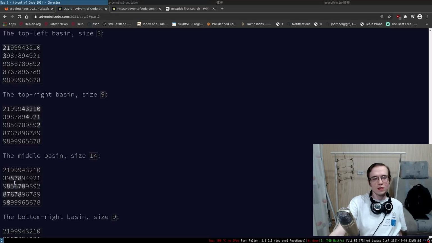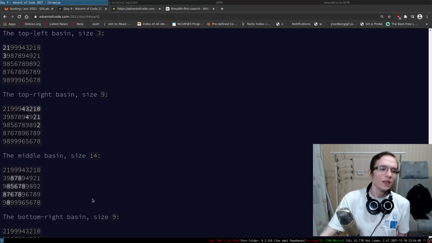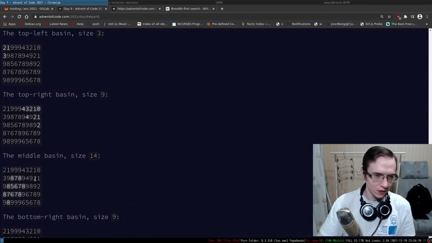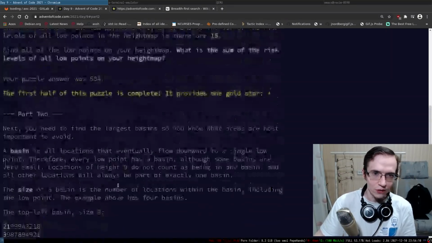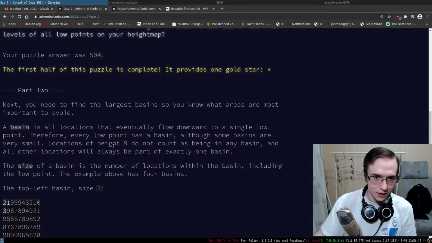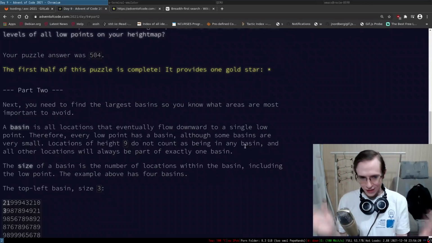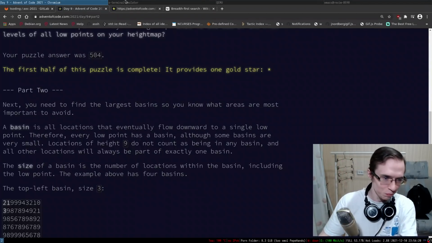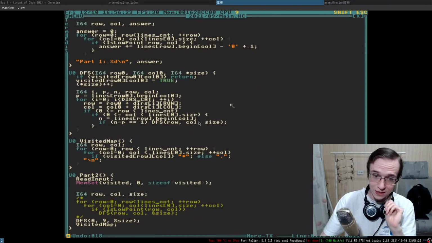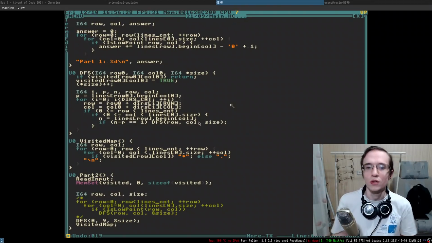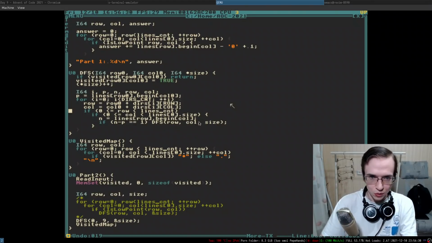I'm not sure. So this one, oh, I forgot. Okay, that explains why it is so weird. I forgot a very important condition, right? That 9. Okay, locations of height 9 do not count as being in any basin. All right. That is very important. I completely missed that one. I do remember reading it, but I completely forgot about it while implementing this entire thing. That is very, very important. Anyway, so